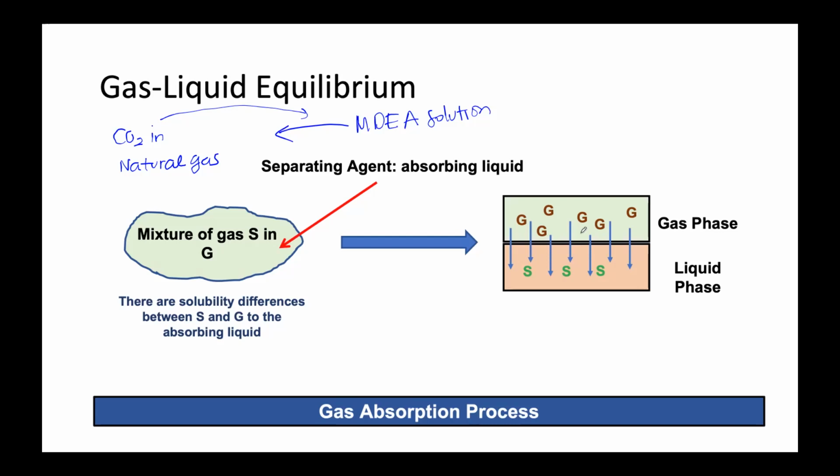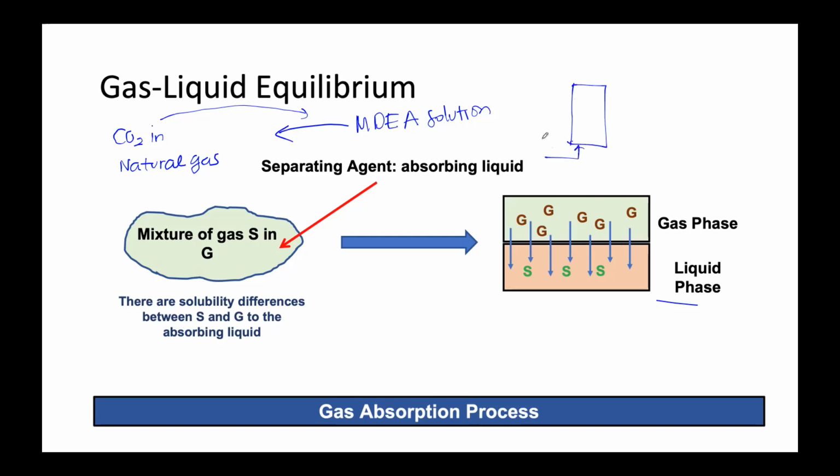And then we change the condition, and under that condition, the CO2 will be released again safely from the MDEA. So then we will have a new fresh MDEA, which is ready for absorbing the CO2 again. Okay, so the process is a recycle, where usually, for example, if this is the tower, we